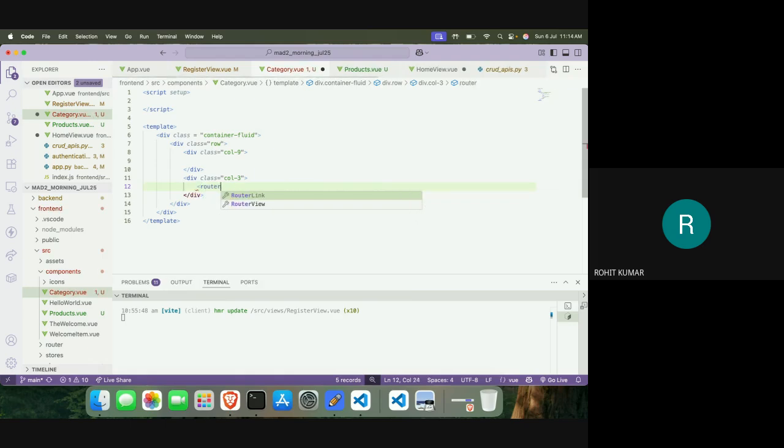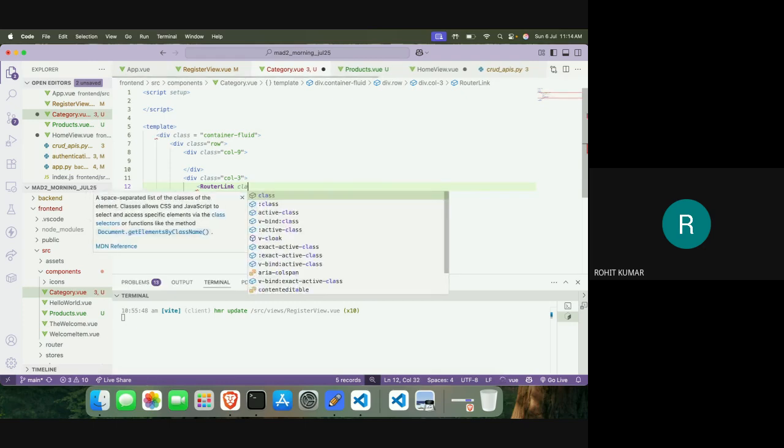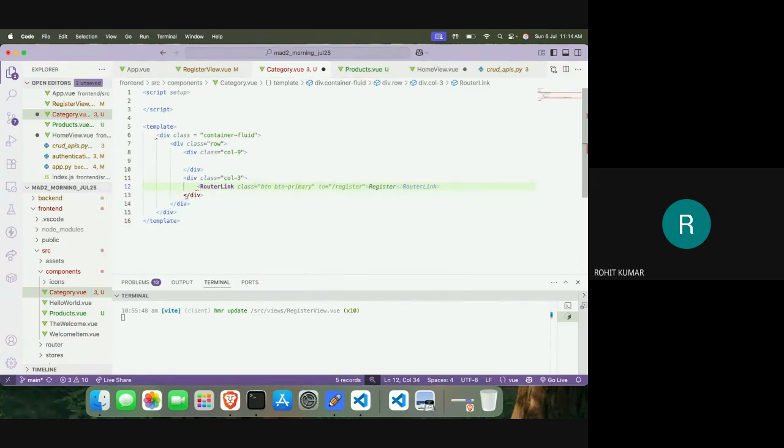So I want to have a router link, classes retail binaries, and now the register. I want to have an edit. Right now, I'm not defining these parts over here. Will come and define it later. It's just right now, I'm just defining these router links over here,